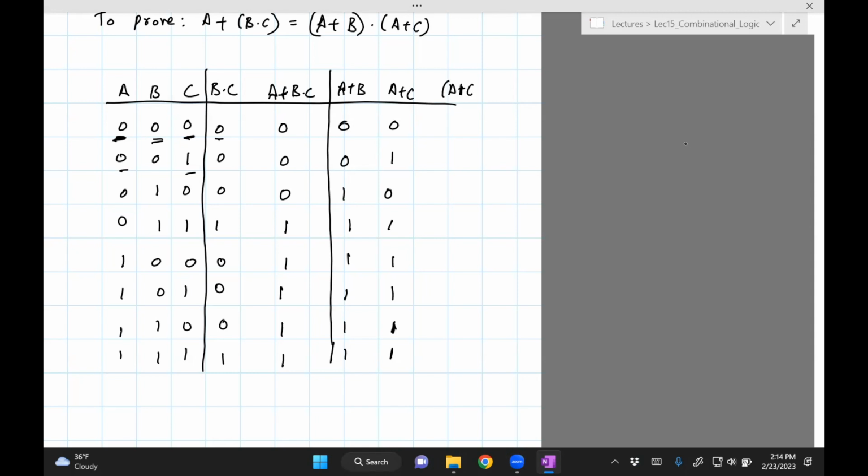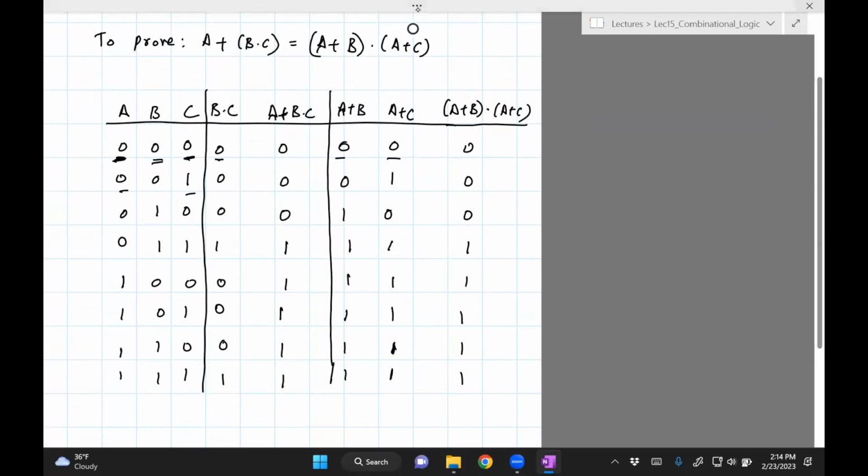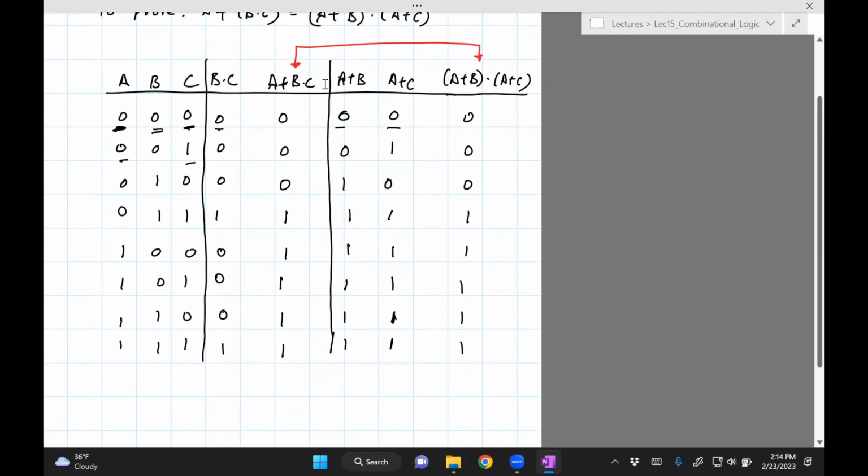Okay, and then finally, we get to do the dot product. So A plus B dot A plus C. Okay, so we just need to multiply these two together. 0, 0, 0, 1, 1, 1, 1, 1. And so the final step is, in order to verify this expression, all we need to do is compare these two columns. Okay, so you can see that they actually check out,